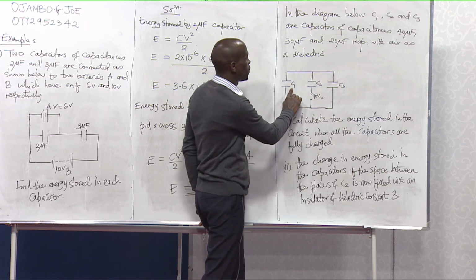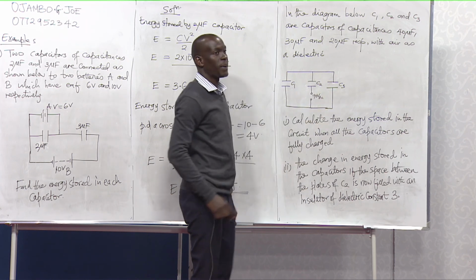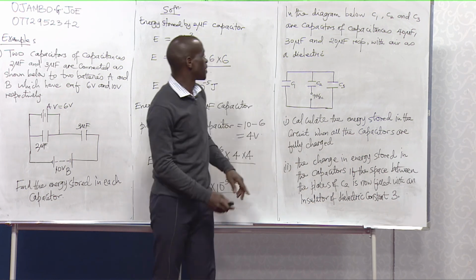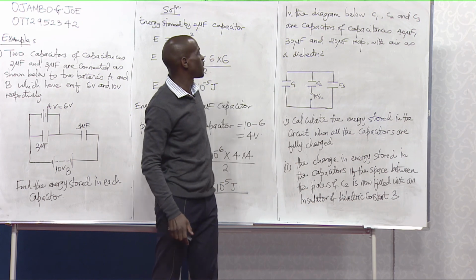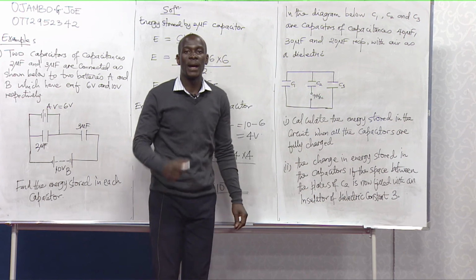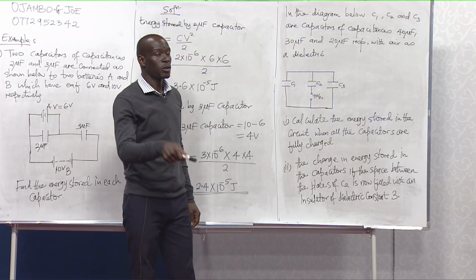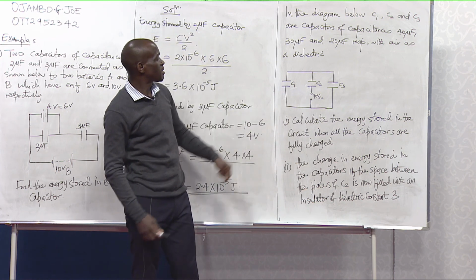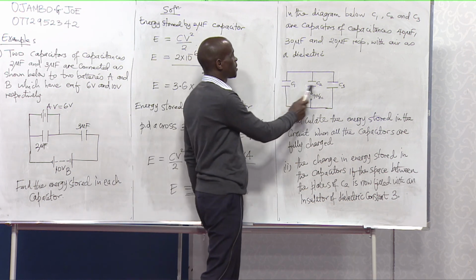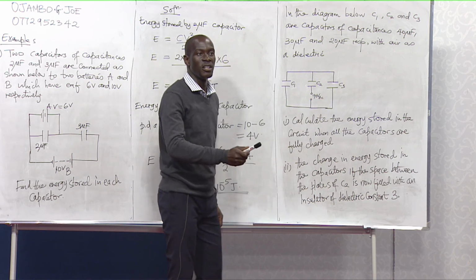You discover that C1 and C3 are capacitors which are in parallel. So you can start from there. Get the effective capacitance of C1 and C3, which are in parallel. Now, the effective of those two will give us a connection where the capacitance C1, C3 is in series